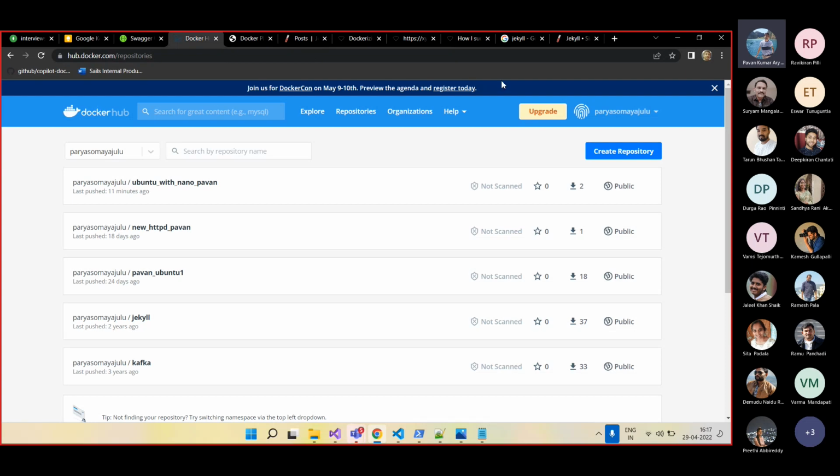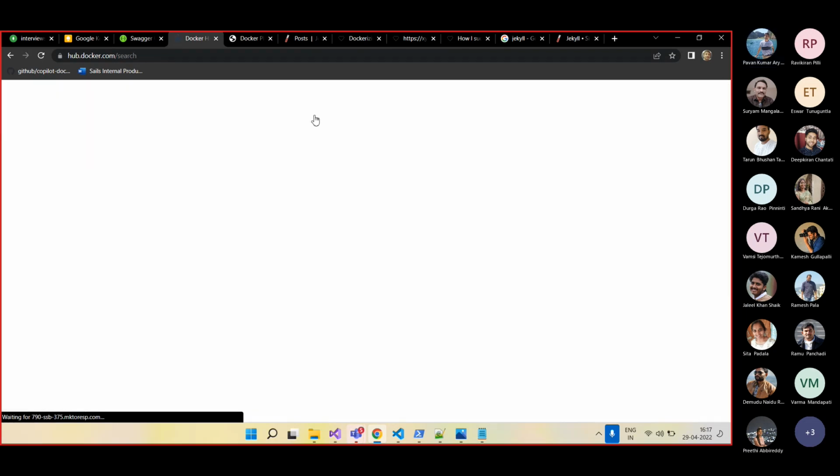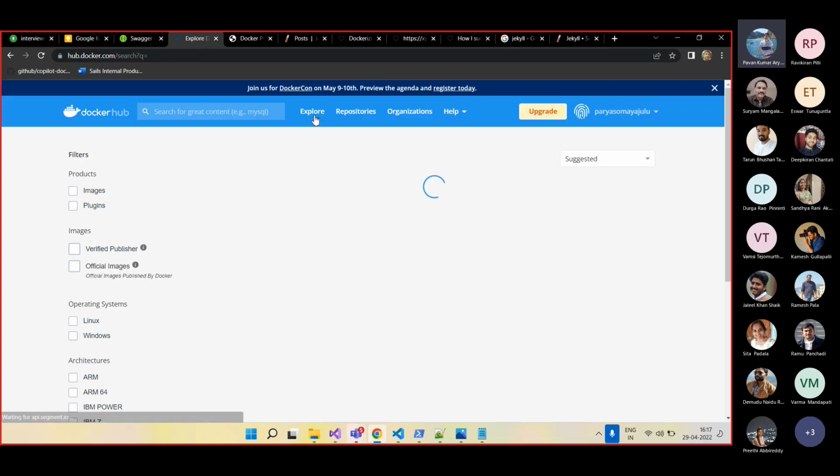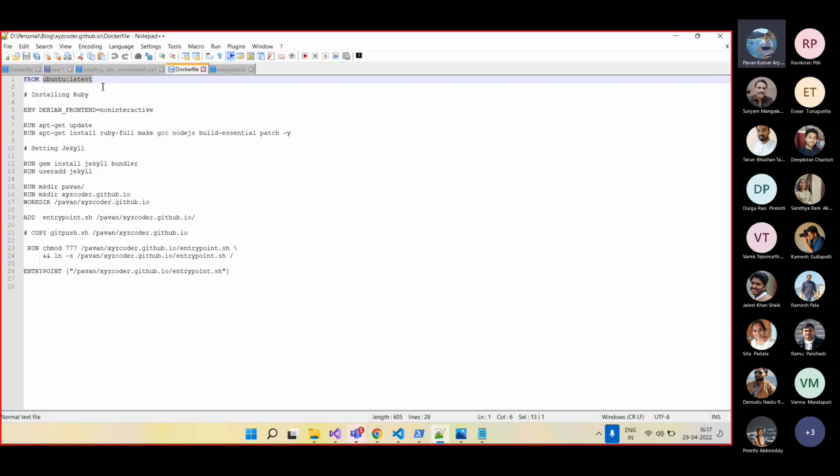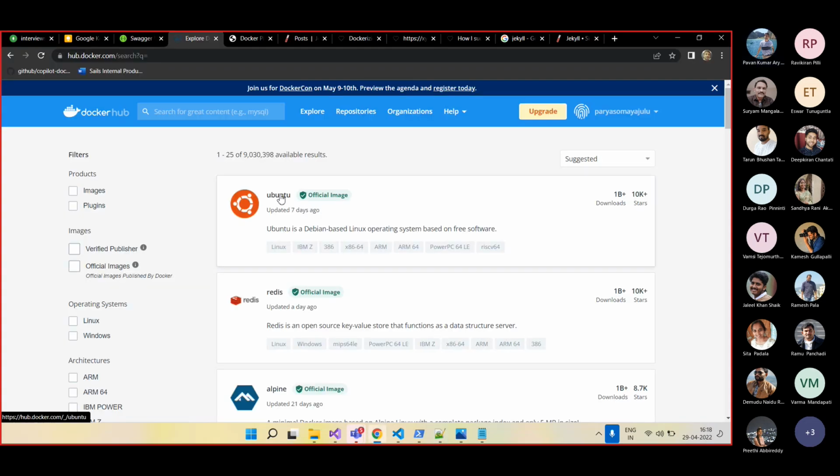So it can be like a Node image, or even a MongoDB image, anything it can be. So you are taking an image which is already present. In this case, we are taking this Ubuntu image. And which tag am I using? I'm using the latest tag. So when I use this latest tag,